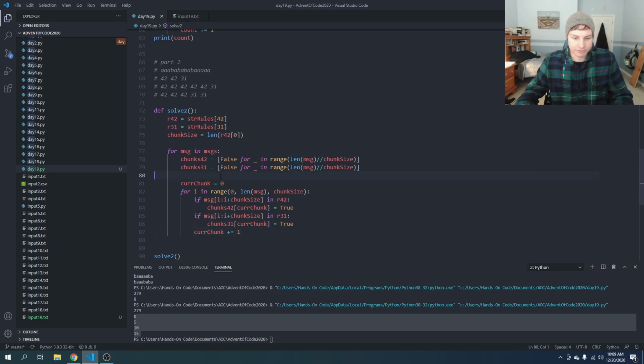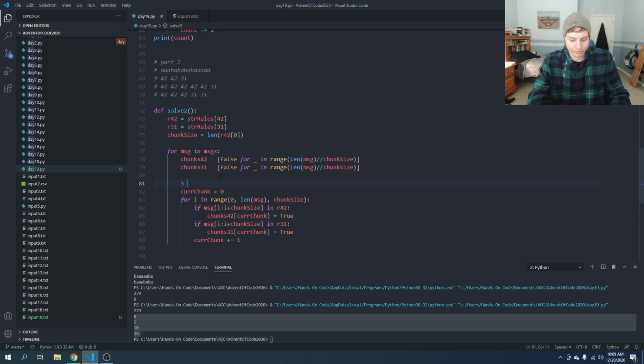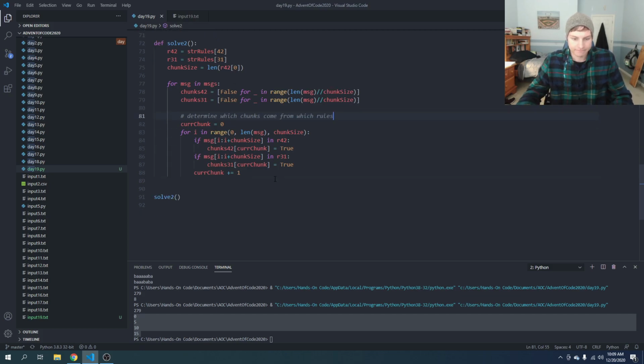Okay, so this part will determine which chunks come from which rules. And now, for that message, we will determine: does this message match the rules? So we're going to basically determine how many chunks are true and how many chunks are false for each one. So count